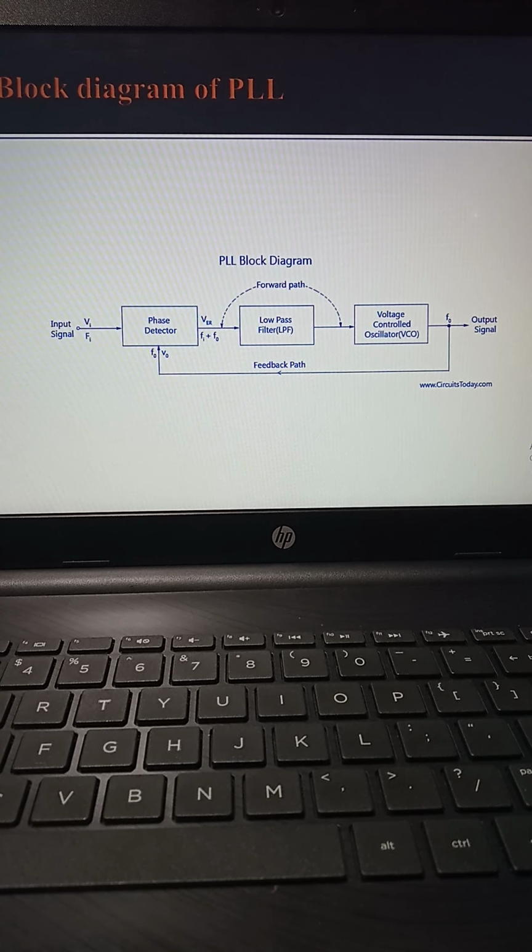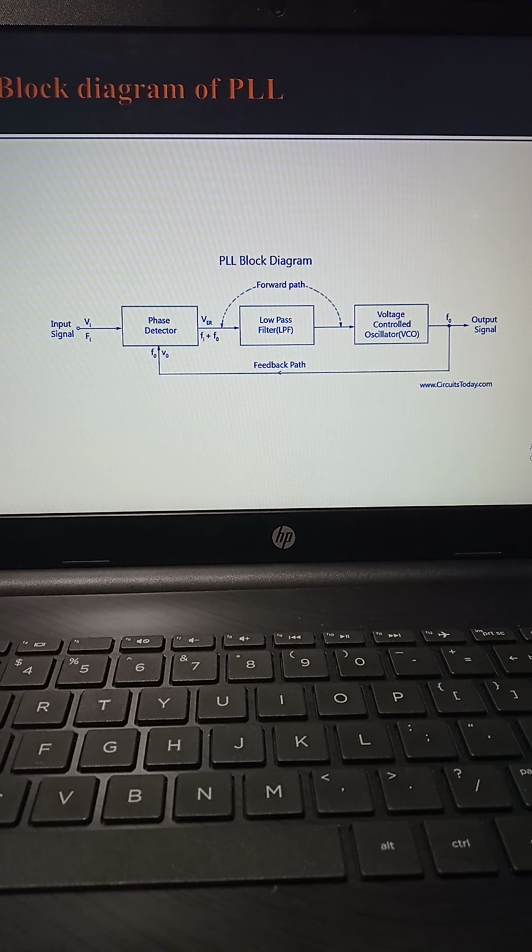The second stage is the capture state. In this stage the comparison between the output frequency F0 and the input frequency Fi actually begins. The control voltage starts bringing the output frequency near to the input frequency, because the function of the voltage control oscillator is to provide an output frequency that varies with respect to the input voltage. So the input voltage VC tries to bring F0 and Fi nearer to each other.